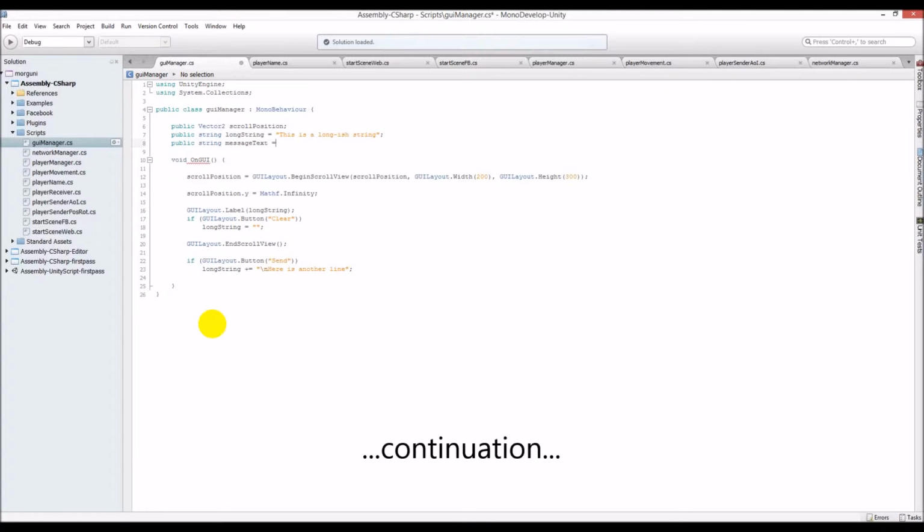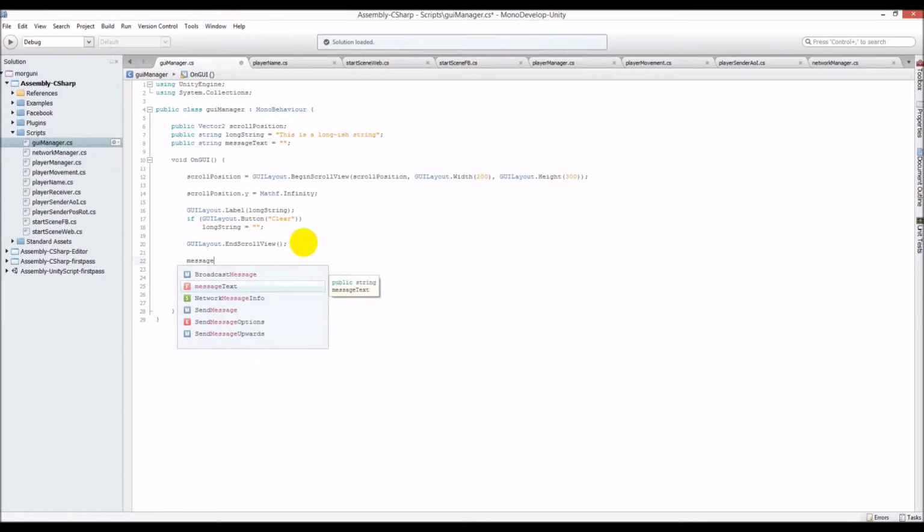Maybe, and let's say, leave it empty for now. And then the next thing we are going to need is actually something we can write a message with. So right below this ending of our scroll view, I am going to add the text field. This is as simple as, we're going to say, okay, our message text is equal to,